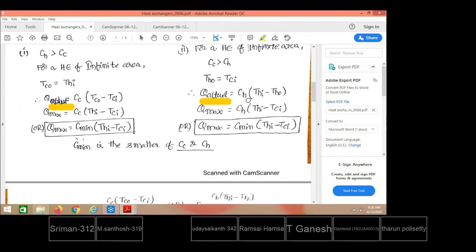So straight away I have taken the heat capacity times (Thi minus Tho). You know the information of Thi, and you know Q actual, which we have got as epsilon times Q maximum, that is effectiveness times Q maximum. From there we have got Q actual, and then Tho we can calculate. Similarly, the same Q actual equated to the cold fluid also, this is the heat capacity of the cold fluid, mc dot into cc.